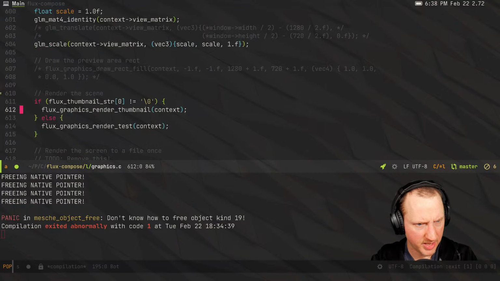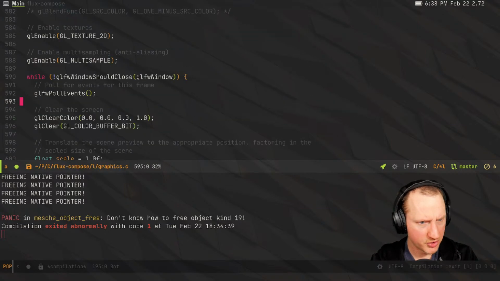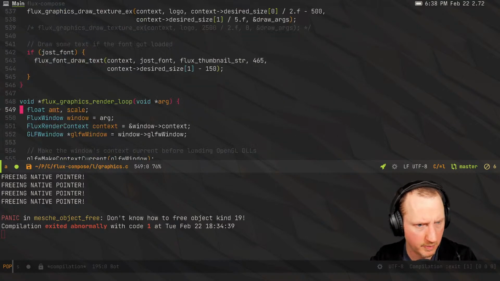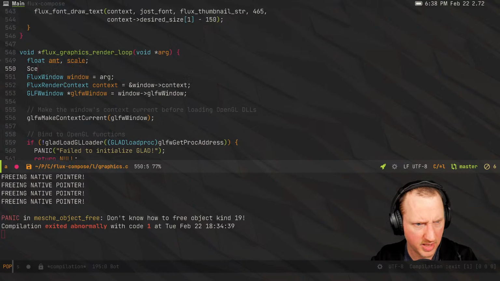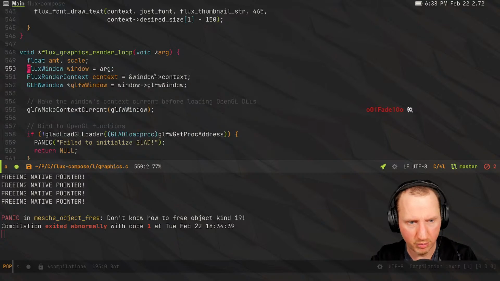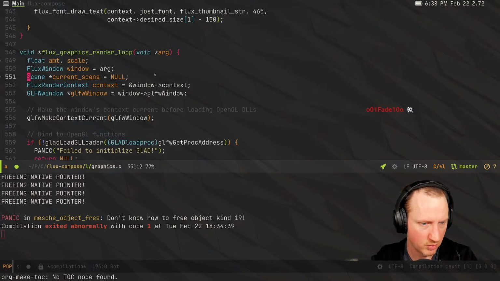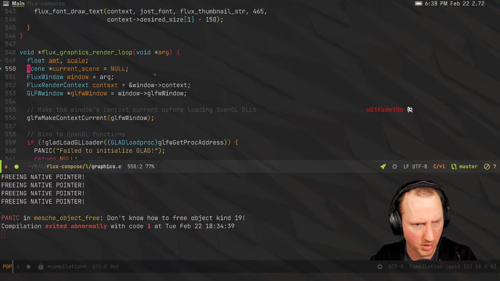Let's see, render the scene. We also need a current scene variable here. You can even say the current scene is null as well. So we're getting pretty close to having some decent abstraction going on here, where we have things that are going